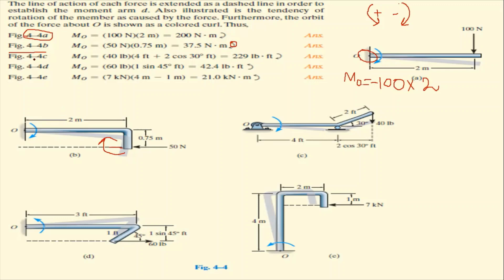and now it is getting difficult for the C part. You can see over here what you have to do. You have this force and it is on the inclined plane, so you have to sum up moment here. So how can you sum up moment here? For example, if you have to rotate it here, and this distance is not given to you, but this inclined distance or hypotenuse line is given to you, and this angle is given to you.